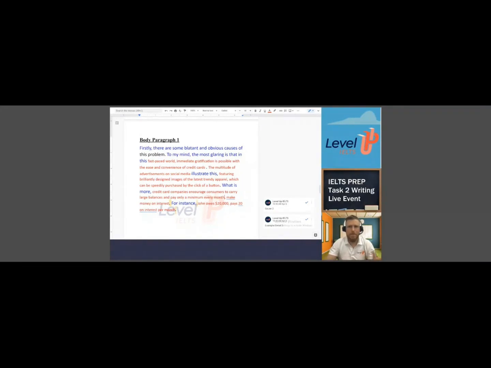Make money on interest. We can get rid of that. I think we had an example about your friend where it kind of mentions that. So boom, there it is. What is more? This is our cause number 2. Credit card companies, they want it by design. They want you to carry large balances and they want you to pay the minimum every month. Get rid of that period. Boom, check that. So for instance,